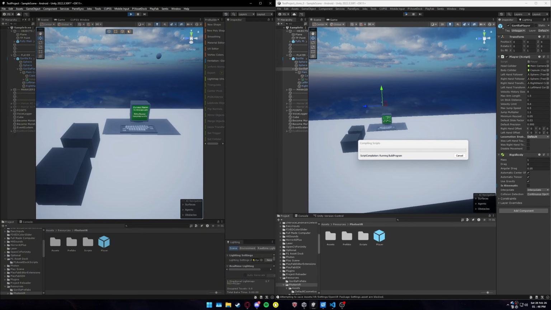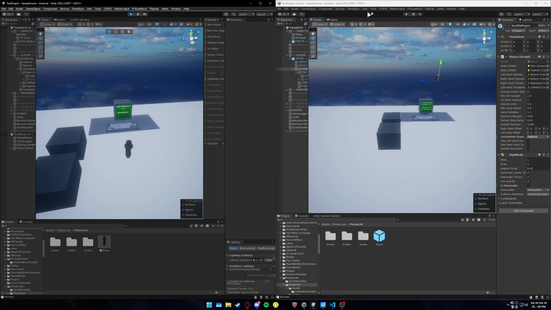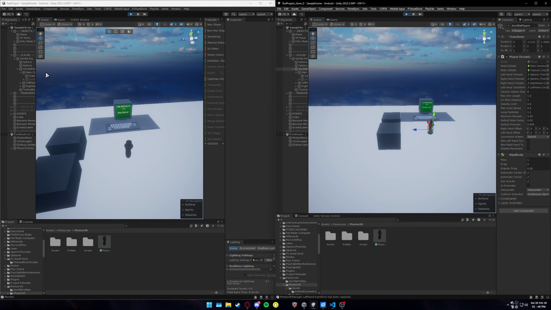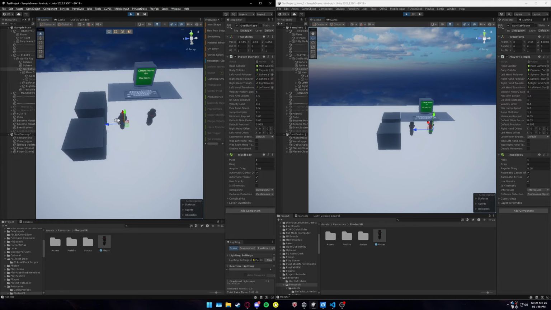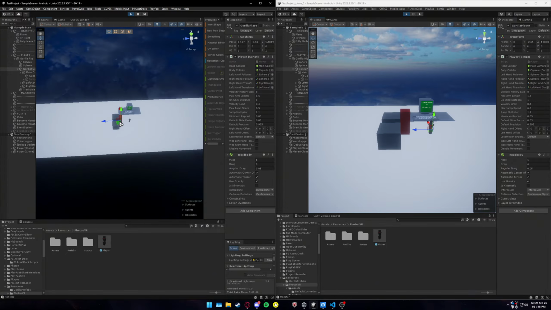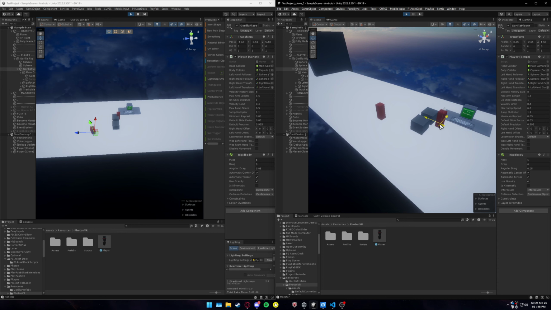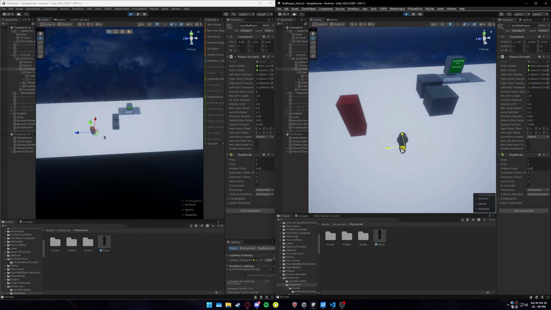If I press play. Okay, so press play, go back to scene, there. So if I press this button, it'll make me the monster. Press this, as you can see, it syncs. Yeah. Let me move him over here. And then go to player. This works for multiple people, so like that. And then if I get him here,